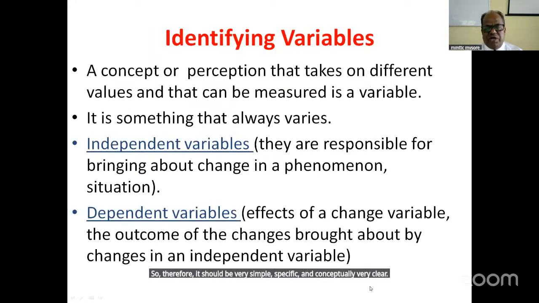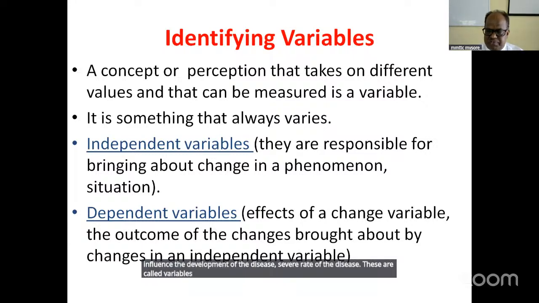Then, while doing research on a particular parameter, there are so many other variables. For example, if you are studying the occurrence of a disease on a particular crop plant, there are so many other parameters that influence it. These are all called variables. For example, rain, relative humidity, temperature also influence the development and severity of the disease. These are called variables. Okay. There are so many in other fields also. Similar types of variables will be there. You need to identify these variables and take them into consideration.